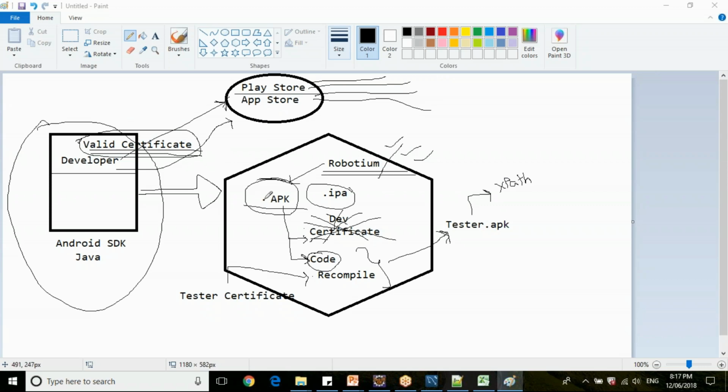Now Appium is a tool which will test your application. When the developer gives an APK file, you can test this APK file as it is. So you don't need to do anything with your certificates. You can test this APK file as it is with the help of the Appium automation tool. So just remember this, guys. Recompiling is the process of removing the developer certificate and injecting the tester certificate in order to gain control over your elements, the web elements or native elements like ID, XPath, name, in the end build that the developer is giving for automation testing. Clear?